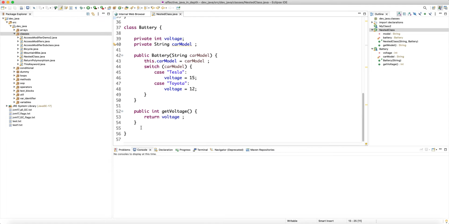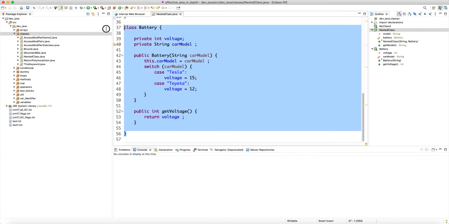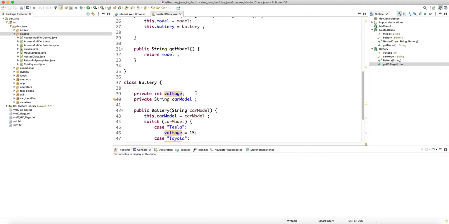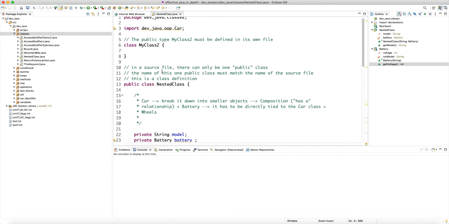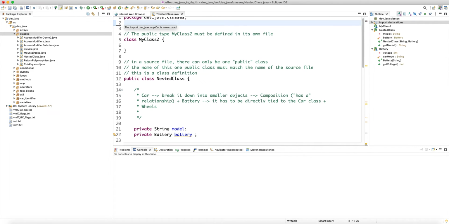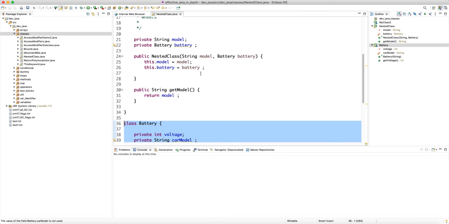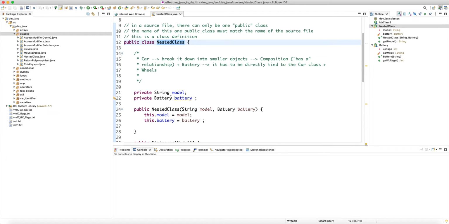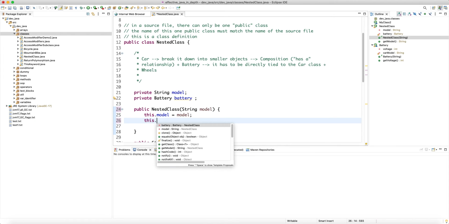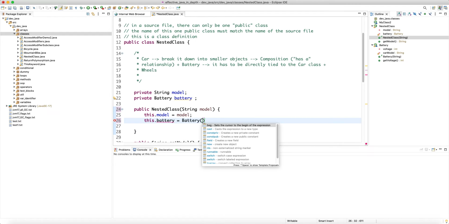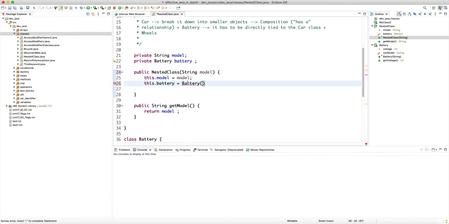However, let's say what we want to do is, and these fields are all private, so we kind of need to have getters there. Now so far you probably can see the problem with having this battery as a separate entity. There is a close tie or relation between this battery and model, and we want this class to manage this battery itself, right? So obviously one thing that we can do is say this.battery equals battery. We just call that battery, right? And then what we're going to do is